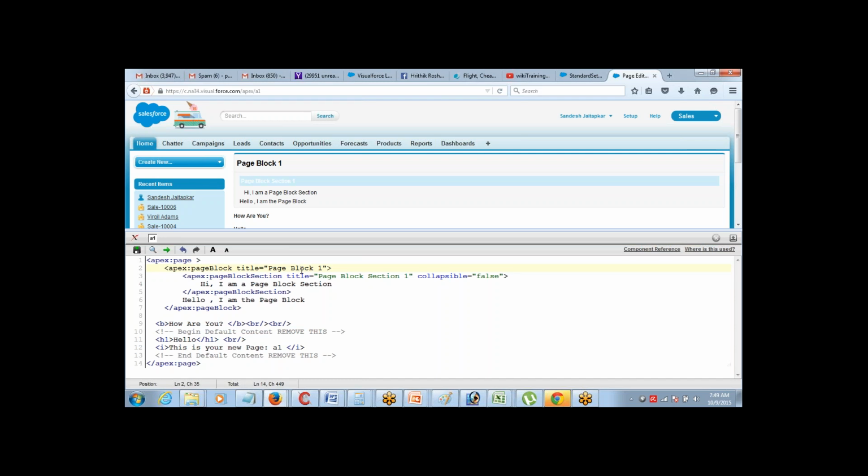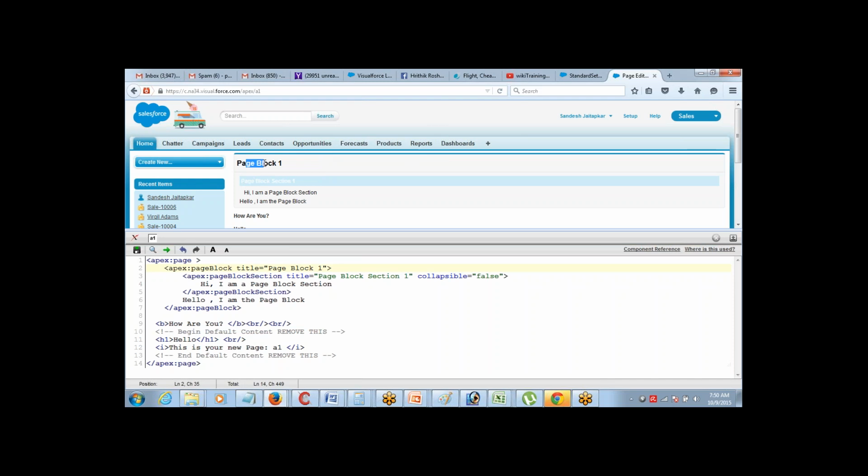In Salesforce, we don't have to work too much on that, because Salesforce by default has given us the default look and feel of the salesforce.com website, right? So I don't see any problem with the way things are being displayed here. The look and feel of the page is by default set to the natural look and feel of the salesforce.com website. So whenever you are trying to design a page, you don't have to worry about what color I should put here, what should be the font size of this and all that stuff. Salesforce has already taken care of that.